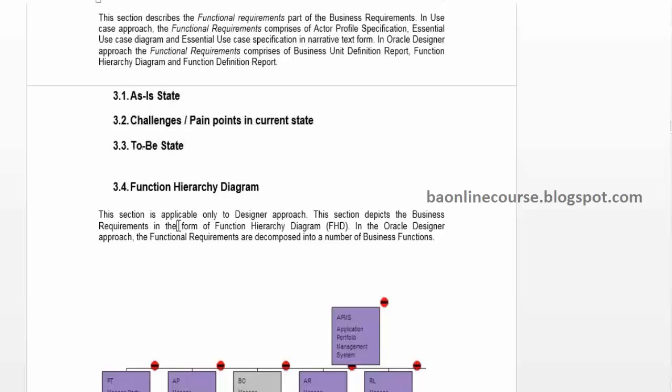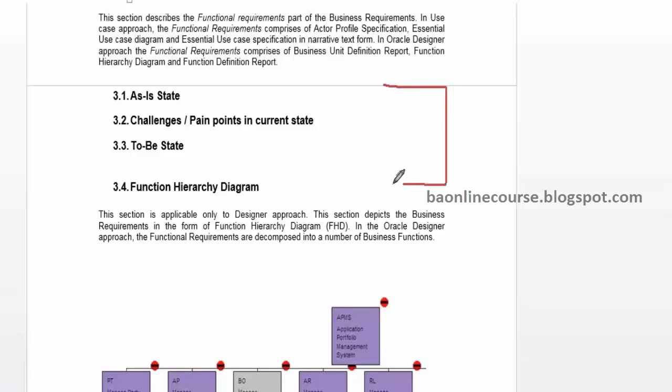Most of the time it's depicted using a flow chart. How to draw flow charts, and the terminologies and symbols and all, I'll cover that later. But that is a structure you will take to come up with this as-is and future state, right? And a lot of your change requests also follow the same way, right? So you'll have something like